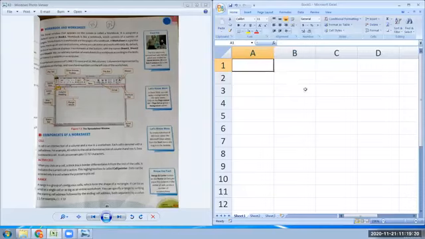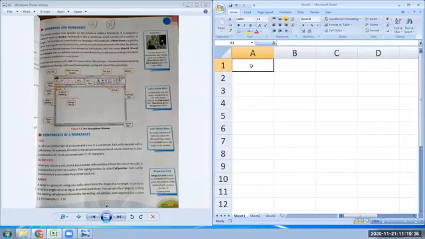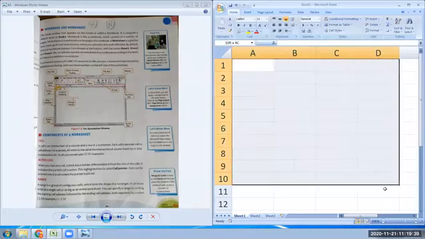It can be very small. It says that a range can be as small as a single cell. So if I'm selecting a single cell, this is the smallest range, right? And if I select like this, then this is a range in which the first cell is A1, right? And the last cell is this one, D10.